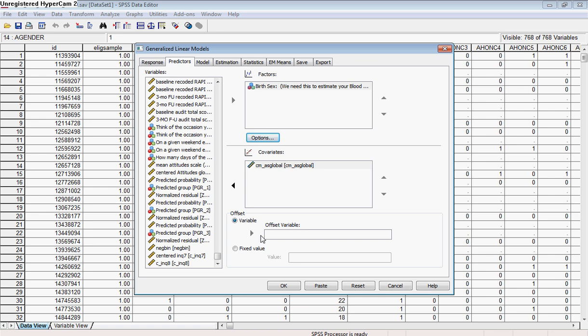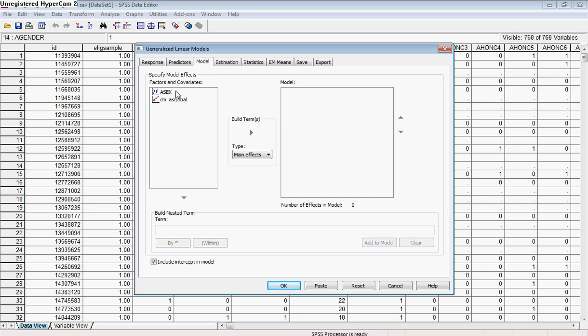And this can happen sometimes, like if someone is filling out a diary and accidentally skips a week because they forgot to pick up their diary, you can control for the fact that instead of 30 days of data, they only gave you, for example, 23 days of data. So you can control for the fact that they had different numbers of trials in which they could have successes. Trials being days of data on which they could have reported drinking. Now this isn't really the case for our particular dependent variable, so we're going to go ahead and move on